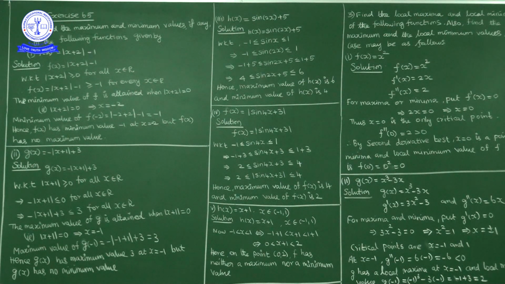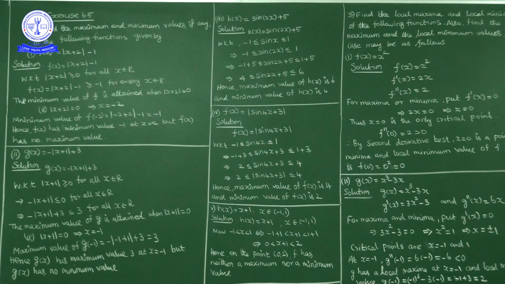Okay, suppose sine 3πx/... at x equal to 3π/4, 2 into 3π/4 is 3π/2, sine 3π/2 is minus 1, so minus 1 plus 5 is 4. Like that, at infinite points you get the minimum, and at infinite points you get the maximum. So here the range of sin 2x plus 5 is 4 to 6. The minimum value is 4 and the maximum value is 6.